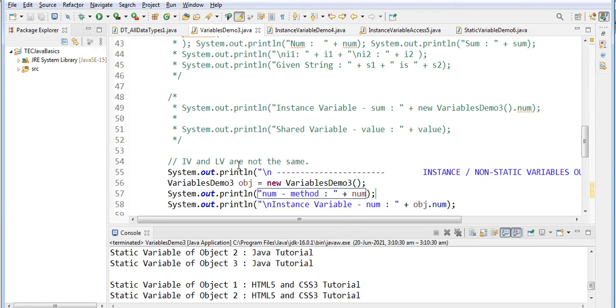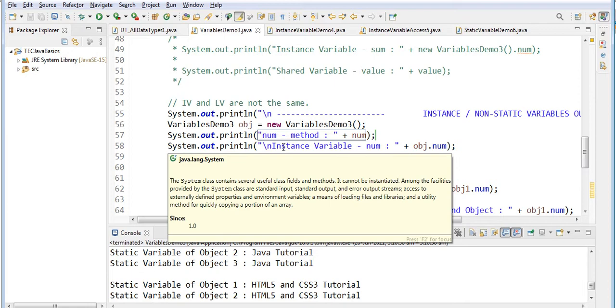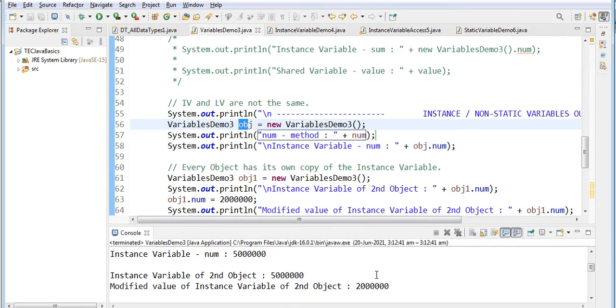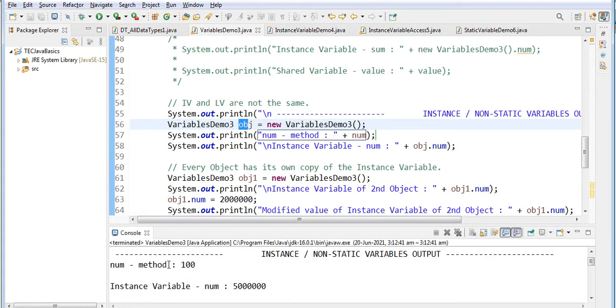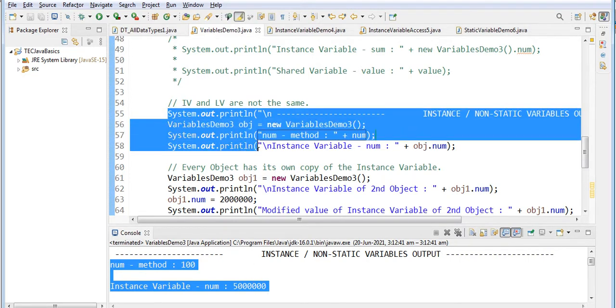When I want to print the value of the variable within the method, you can access it directly because it is local to that method. But if you want to access an instance variable, you have to access it with the help of the object. So I have created an object for this class using new VariablesDemo, and I am accessing this one. We'll see what the output is. See here, num within the method is 100, and the instance variable inside the class is 50 lakhs. This thing you should know.